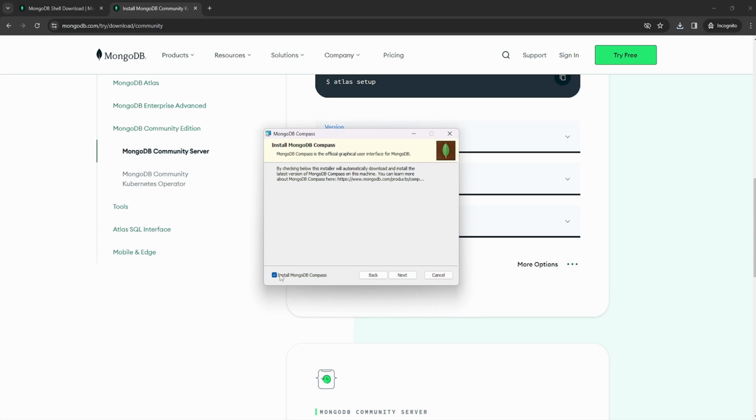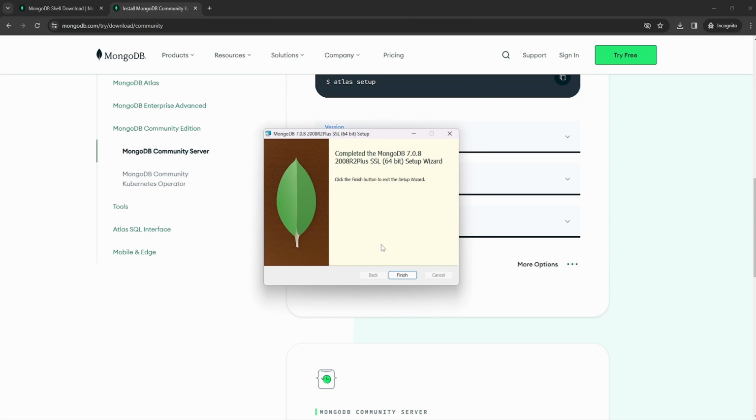As you can see here, there's an option to install MongoDB Compass. Since it is already installed on my machine, I'm just going to remove this checkbox. But for you, you want to leave it as checked, and then you can press next, and then install. Afterwards, you can